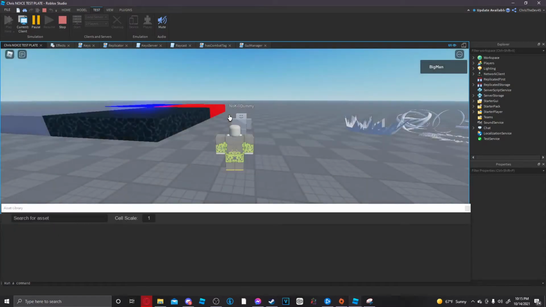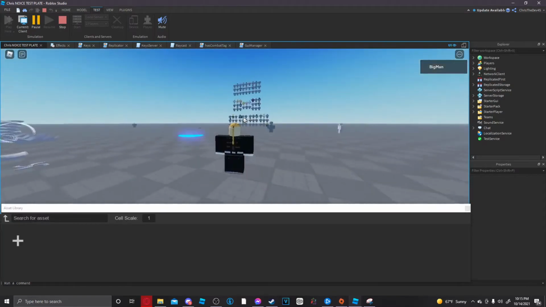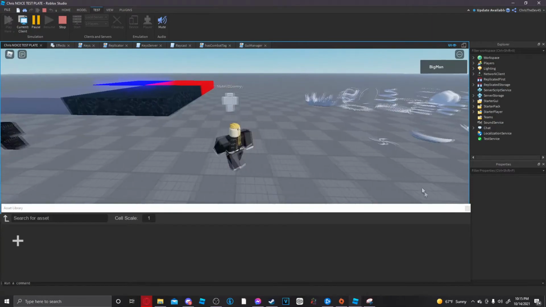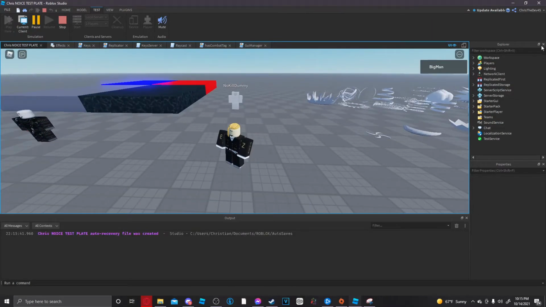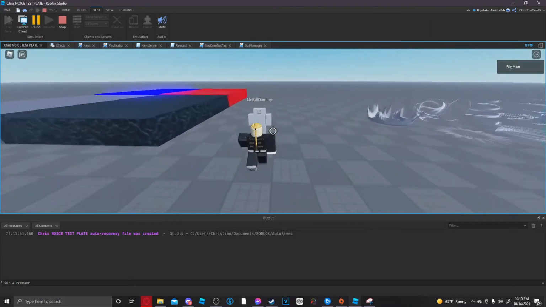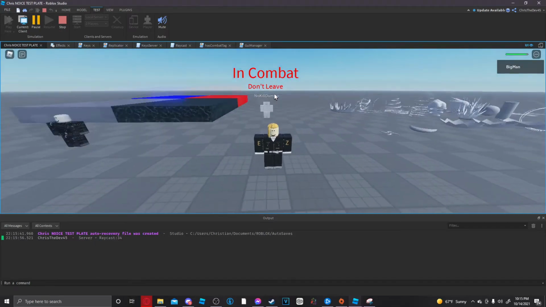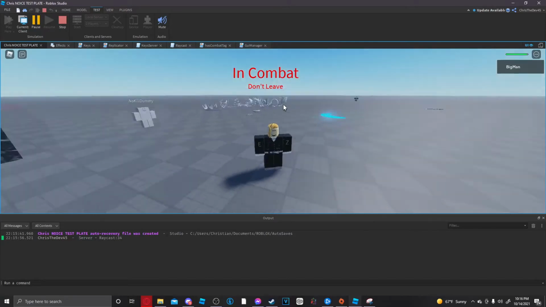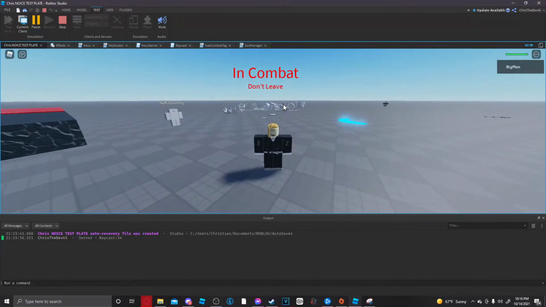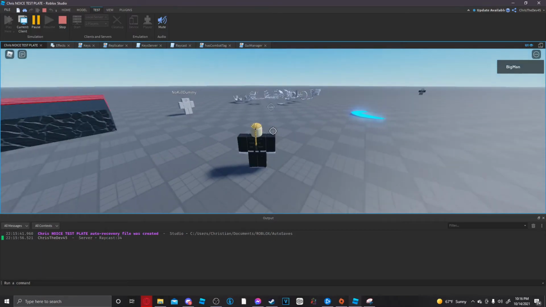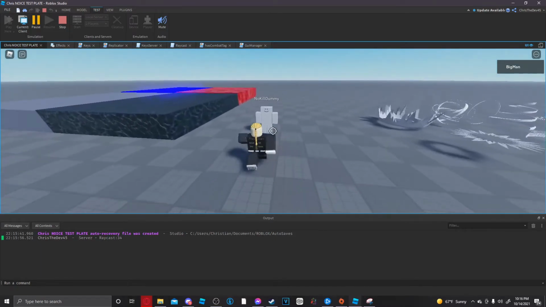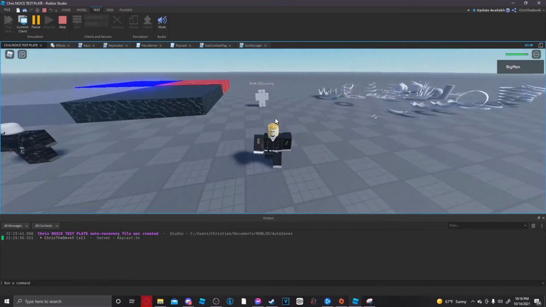So now if we were to go into the game, when you get hit, it will add it, and after 10 seconds it goes away. Sorry, I have a lot of characters over there. Okay, let me do this. If you get hit, in combat, don't leave. Now we wait the 10 seconds, or however long I said it, I don't remember. Now if we wait, now it's gone. Now if we get hit again,